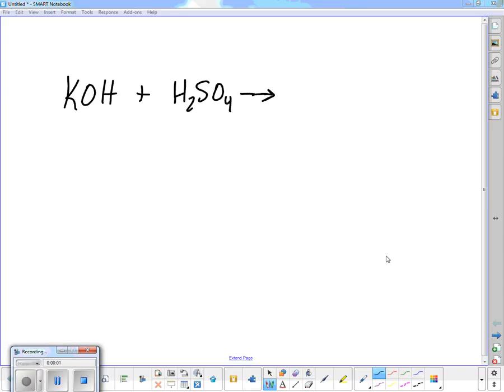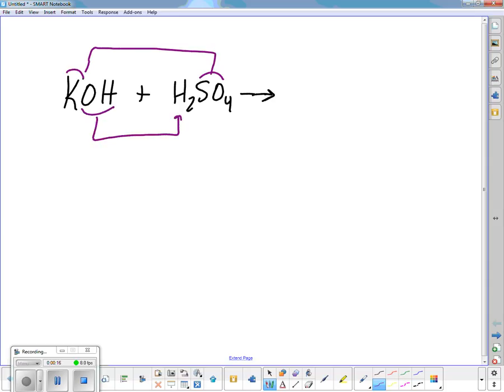This is March 10th. This is an acid-base reaction. Remember OI, you're going to take the outsides, which is SO4, and it's going to go with the outside potassium. The OH is going to go with H. So I'm going to make on the product side